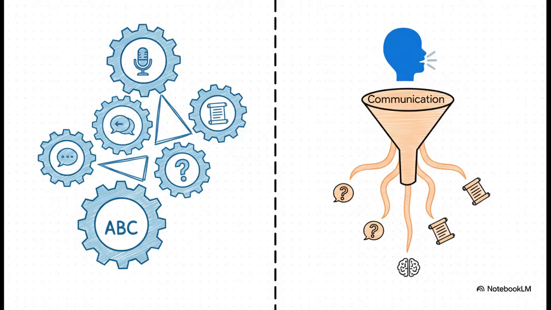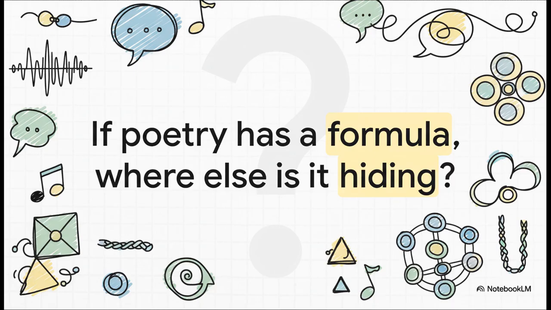And this gets to the heart of the main criticism against his work. Other thinkers, like Georges Mounin, came along and said, hold on a second. You haven't found 6 different functions of language. There's only one function, communication. Mounin argued that what Jakobson called functions were really just different uses of that one single function, and that we identify them based on context or psychology, not some deep linguistic rule. But honestly, whether you call them functions or uses, Jakobson's model gives us this incredible lens to look at language,